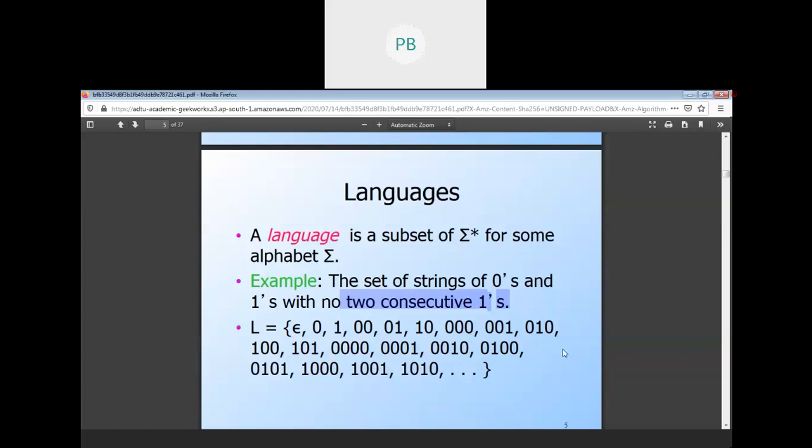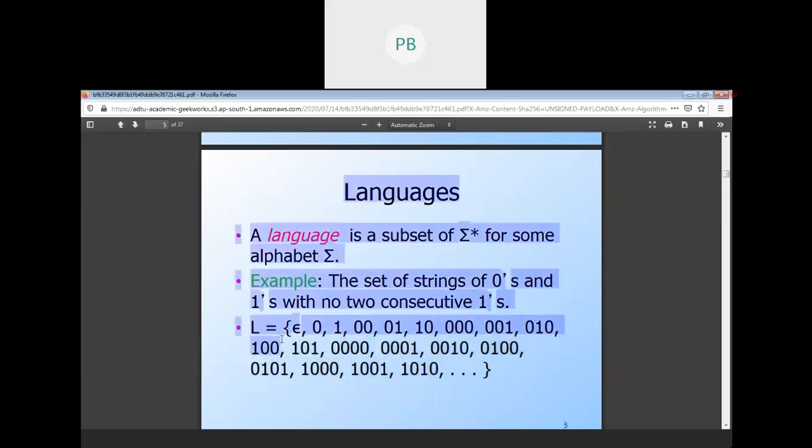There are several ways of creating a language actually. This is a simple, basic one. We have a set of zeros and ones, and out of this we have to create a language, but the condition is that no two consecutive ones are there. While creating a language, we are creating a set of strings, and the individual strings cannot have two consecutive ones within them.